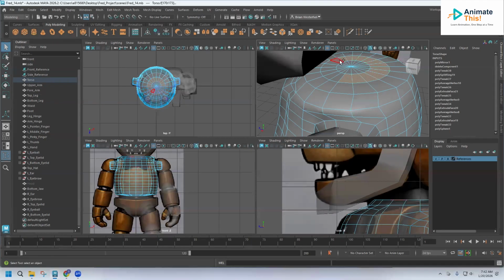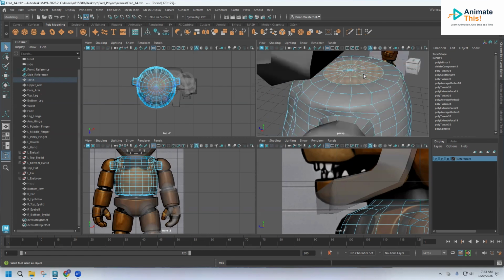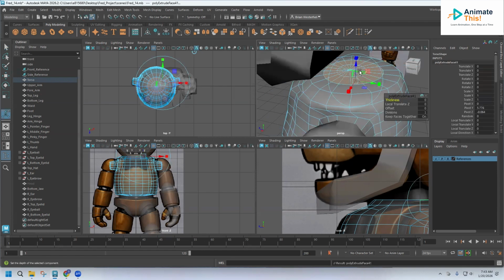So I'm going to select these. All right, and we're going to try to do Control E, pull that up a little bit, kind of just up into,